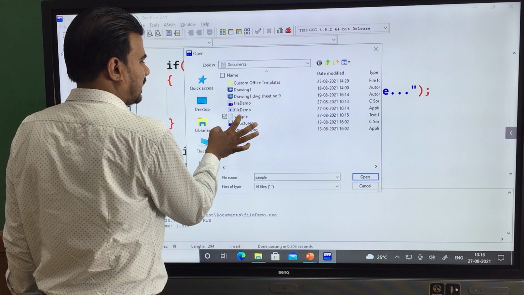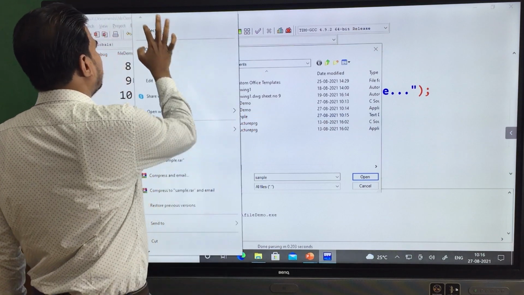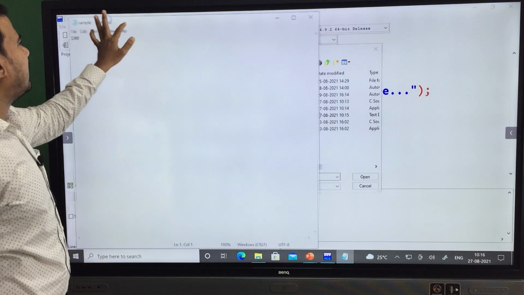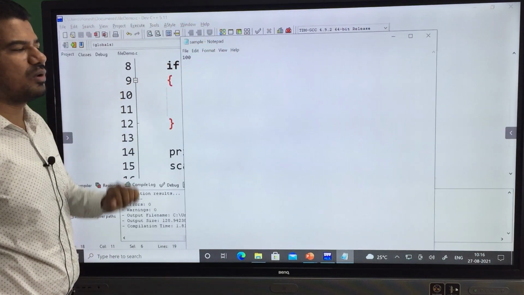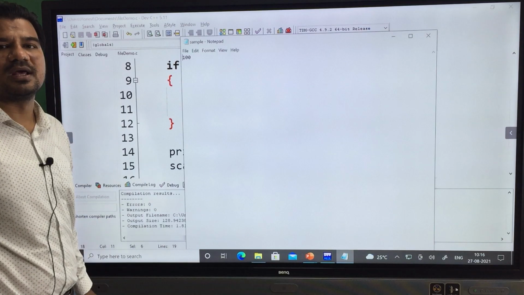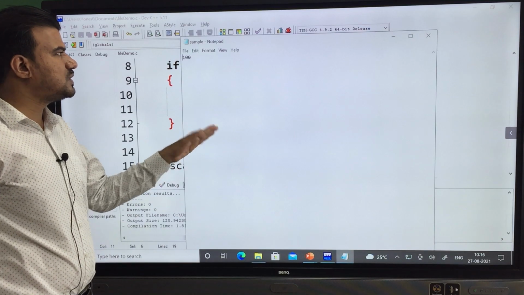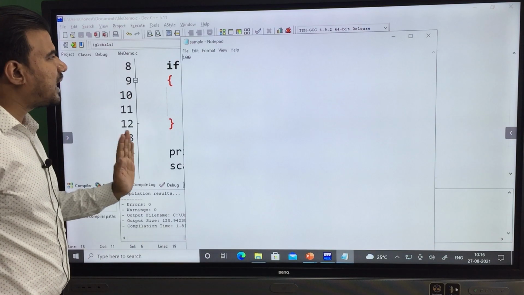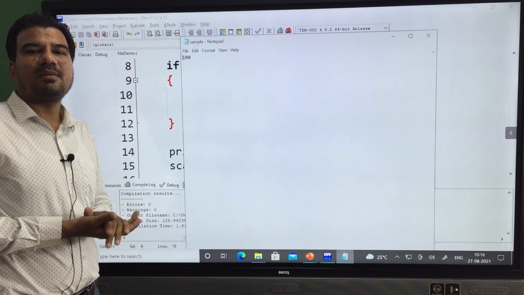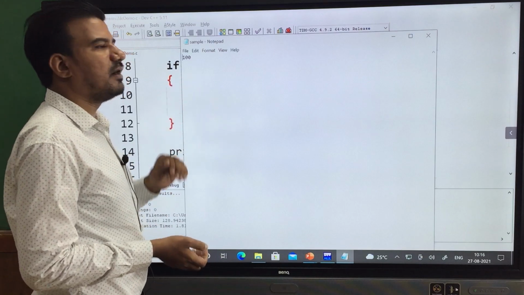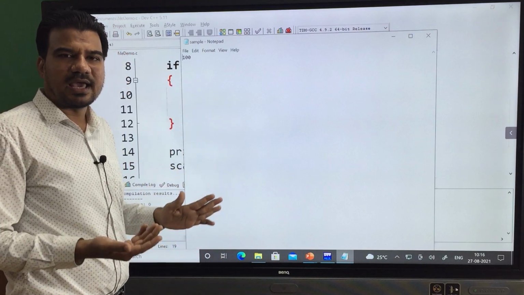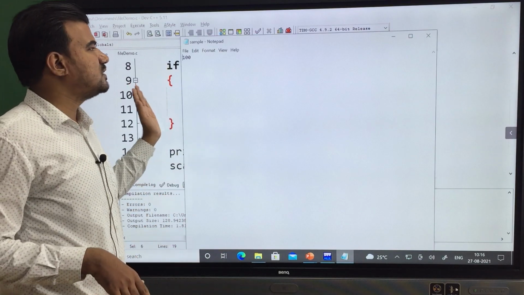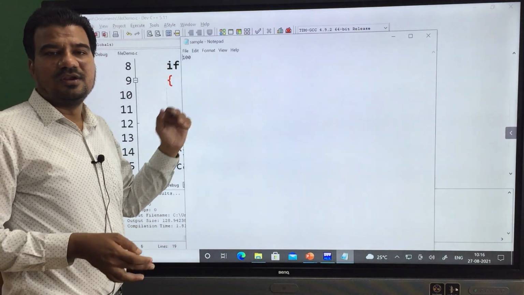Now to check the content of this file, simply right click it and select open. See here, whatever content we send from the program, that content we are seeing over here, 100, isn't it? I sent 100 using the program and that 100 I am seeing over here. Because I want to make my program simple, that's why I sent 100, a numerical value. You can send a character value, a float value, a double value, a string value. Likewise, you can send any details over here.